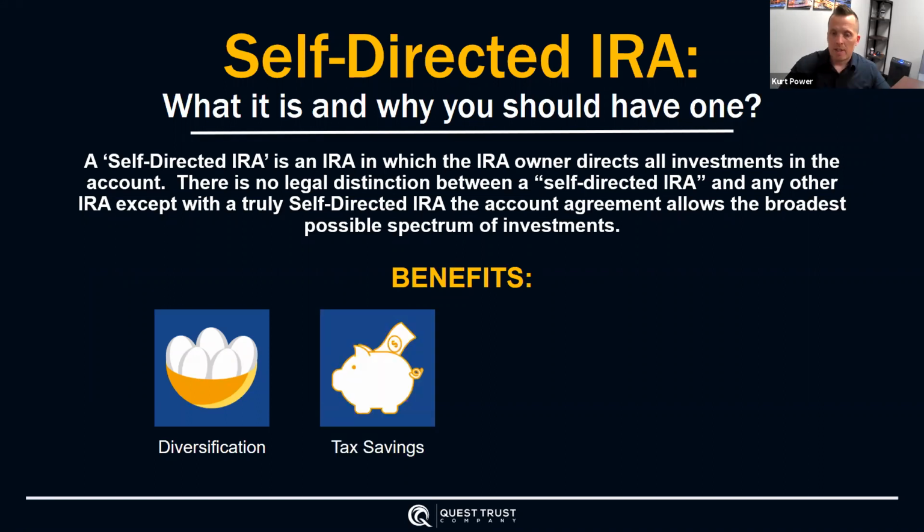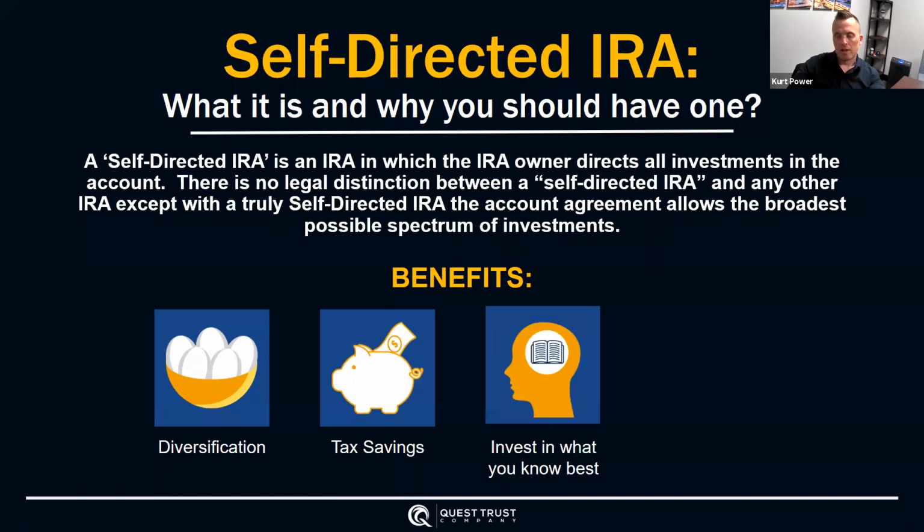Tax savings. The purpose of an IRA, the incentive, was the tax benefits. Depending on the type of account you have, you may qualify for a tax deduction on your contribution. And depending on the account you have, the earnings are going to grow tax deferred or tax free. You're not going to be paying taxes on your earnings as they come back to your IRA. You're paying it down the road in retirement. So, obvious tax shelter and obvious tax benefits to utilizing an IRA.